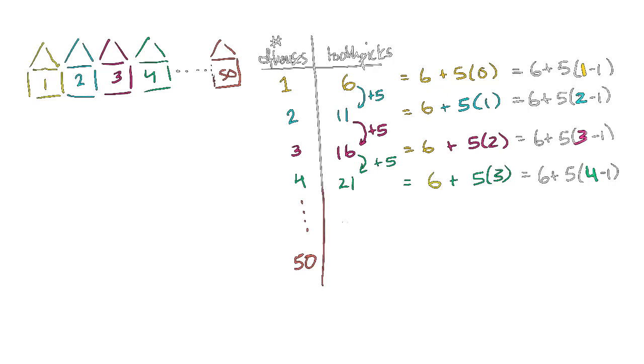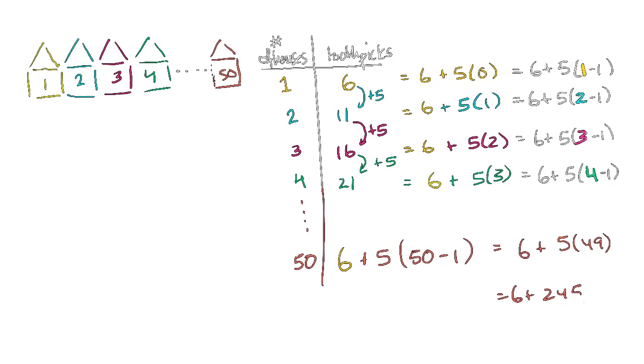starting with our 6, the first house requires 6, and then we're going to add 5 for each incremental house. And how many incremental houses are there going to be? Well, they're going to be 50 minus 1 incremental houses. Why minus 1? Well, you already built one of them with the 6. Then for every extra one, so there's going to be 49 extra houses, you're going to add 5 toothpicks apiece. So this is going to be equal to 6 plus 5 times 49, and that is 245. So 6 plus 245 is equal to